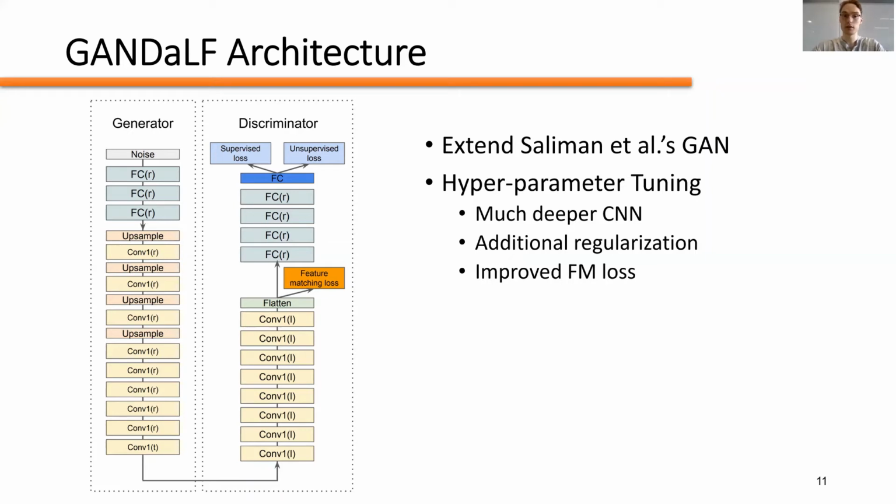Additionally, we modified how the feature matching loss was computed to instead use the mean squared distance between the features of the real and the fake samples. Using the mean squared distance more severely punishes large errors in the generator, which we found empirically improves the performance of the model when operating on website traffic. We also adjusted many hyperparameters using a grid space search, for which the full details can be found in our paper.